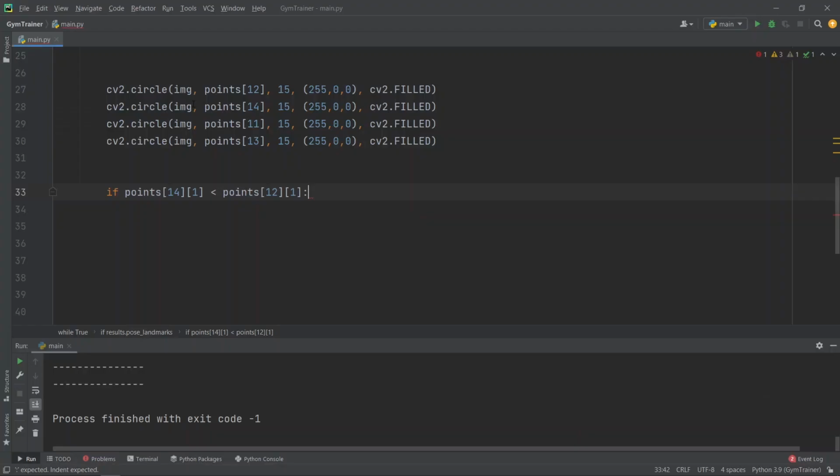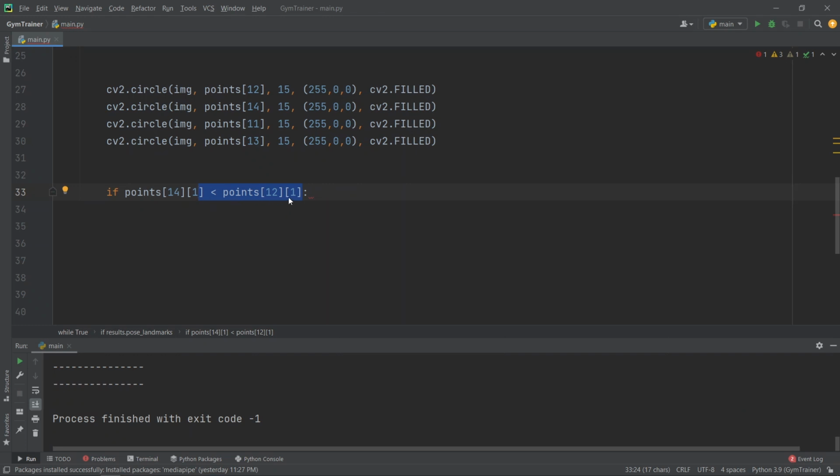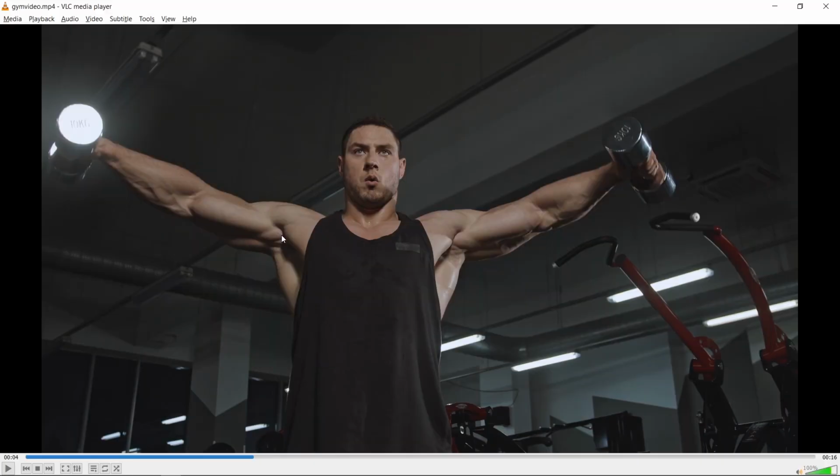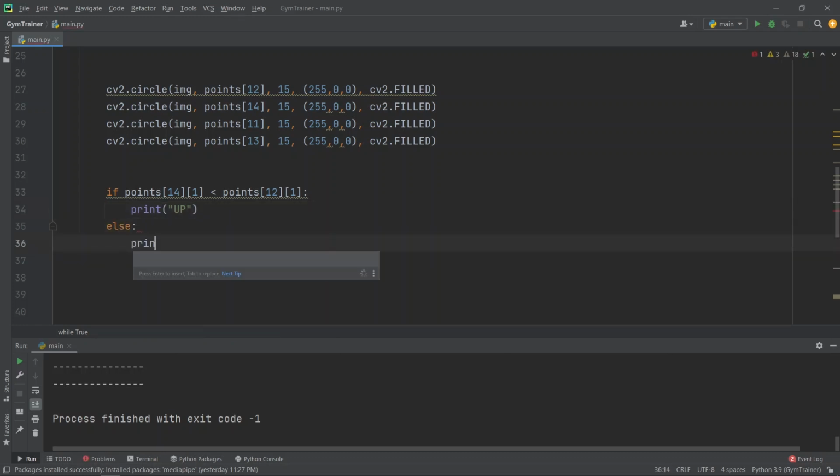Now what we are doing, we are just checking that if the point 14, which is this one, is less than this point, which is this one, that means this point is above this point. If this is the case, we want to print on screen that we are up, and else we want to print we are down.